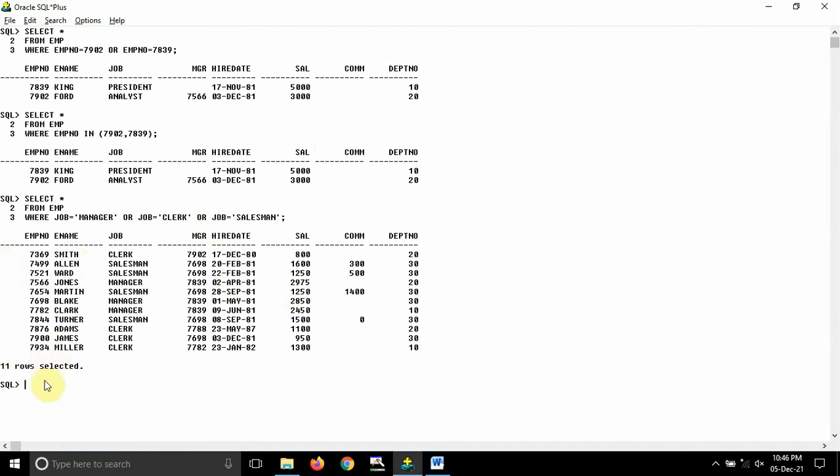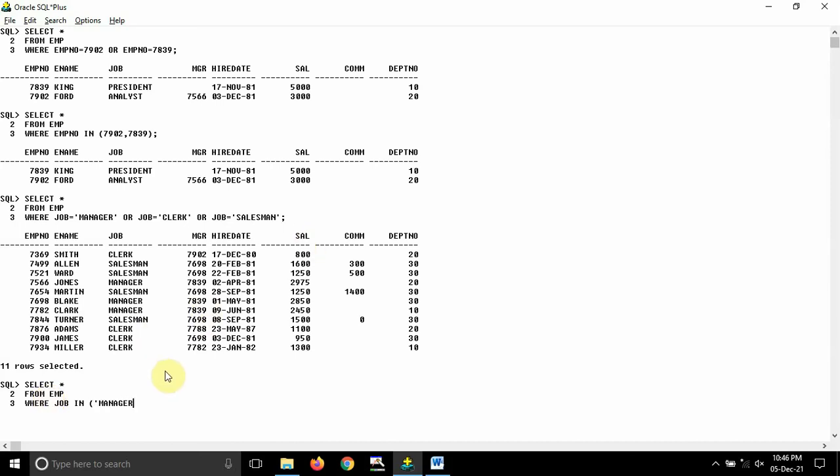Instead of this query I can alternatively use this one also: select star from EMP where job in, and I can write these conditions here.